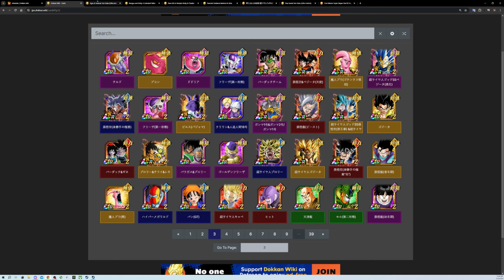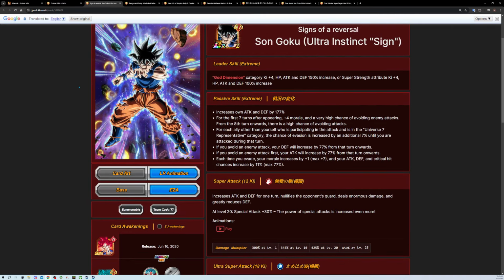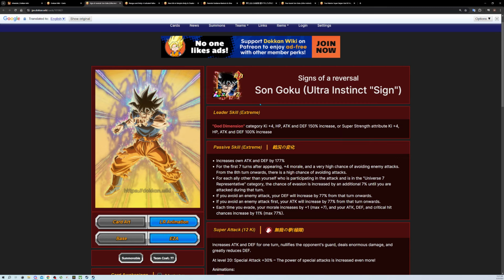That being said, obviously there are some units that we just can't talk about right now because we have to wait to farm them, and the whole point of this video is to show you what you should farm and why you should farm them, especially because they're going to be so good. But let's just hop right into it, right? So we have STR UI Goku, who's going to be dropping incredibly soon, obviously 5 days or 4 days from